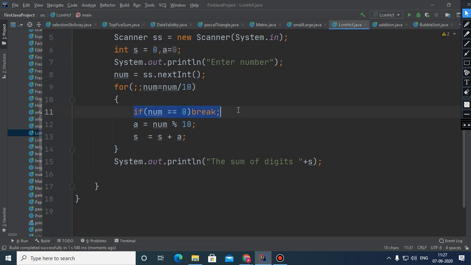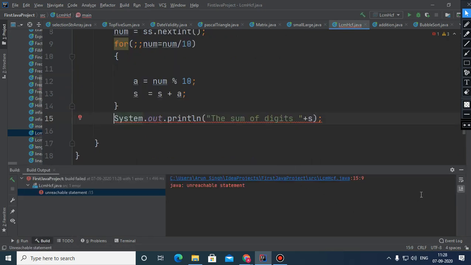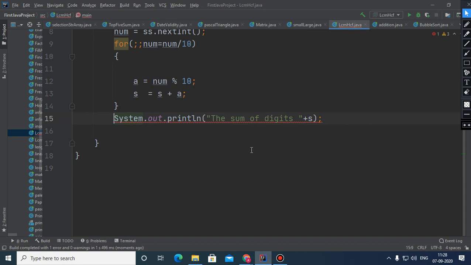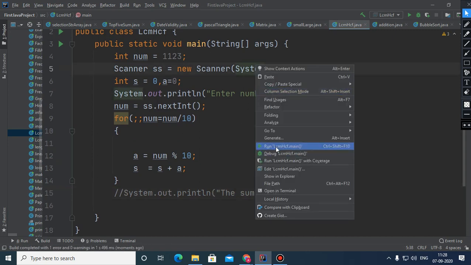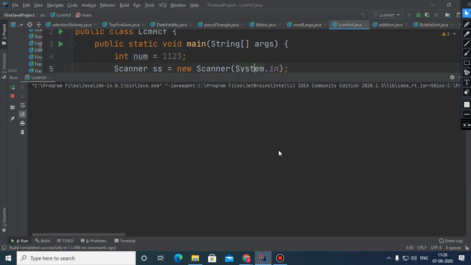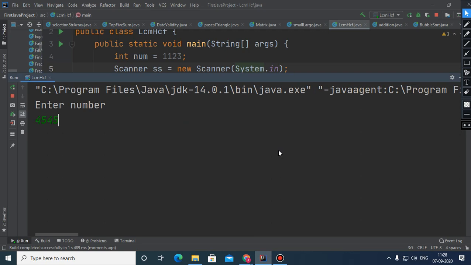If I remove this part, there will be a problem, and in that case the loop will become a never ending loop. Children, here it is showing that the code is not reachable because the loop is a never ending loop. So if you input some number, the output will not come, because the loop has become an infinite loop.